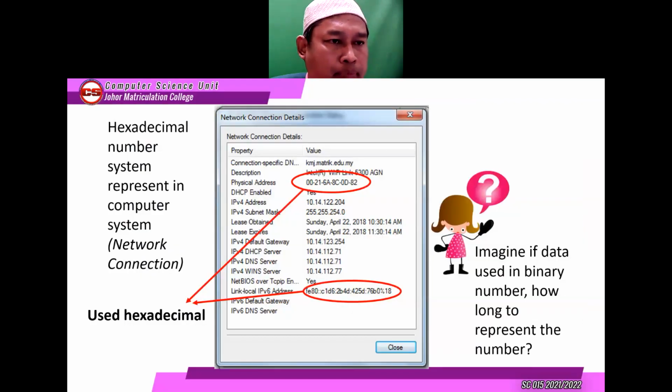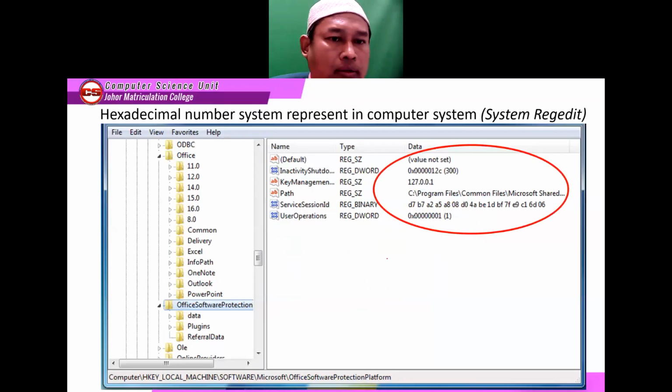This is an example for your network status. Computer will represent hexadecimal numbers. This is very important to represent the computer by hexadecimal numbers. You imagine if computers use binary numbers, the number is very, very long. This is an example for representing